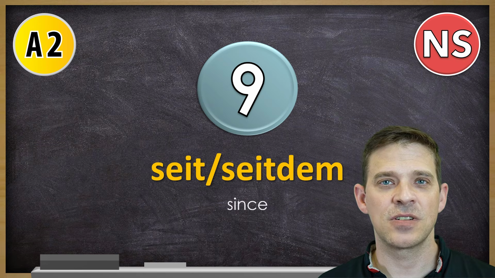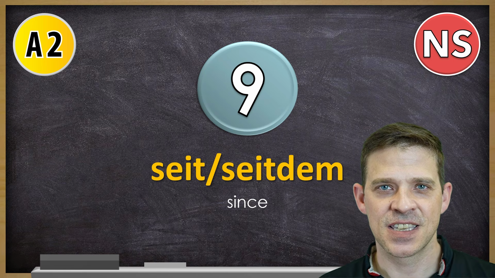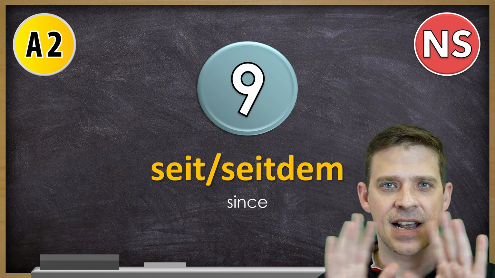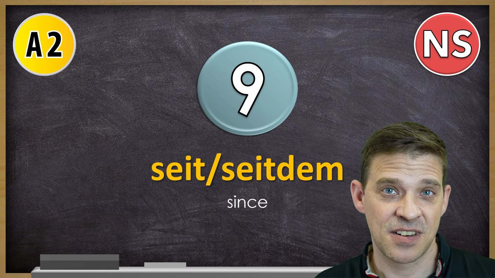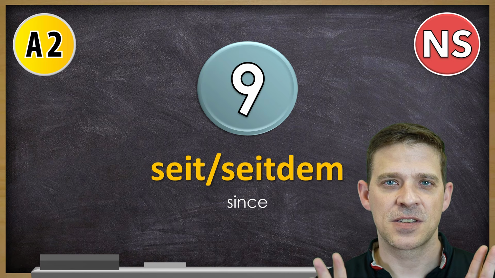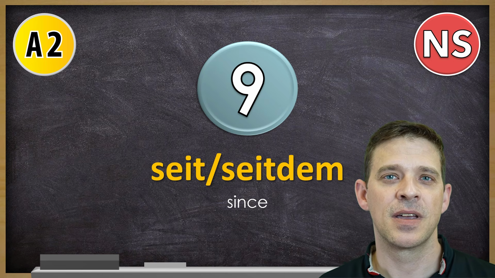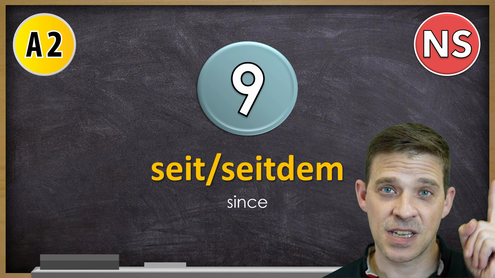Nummer 9. Seit oder seitdem. Now, when we talk about conjunctions, what we do in this video, then seit und seitdem are exactly the same thing. Seit can also be a preposition und seitdem can also be an adverb, but for this video here, as a conjunction, you can use both of them. It's replaceable. And it's this since. Since ist auch eine